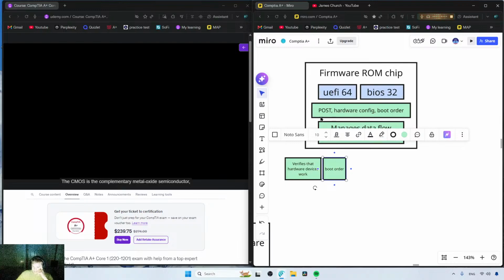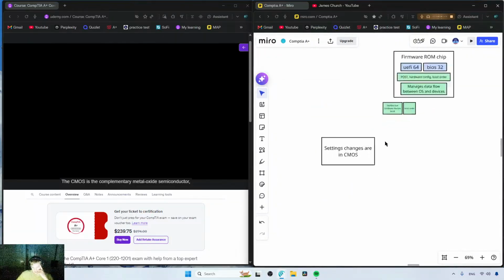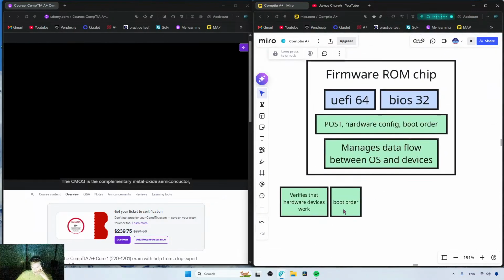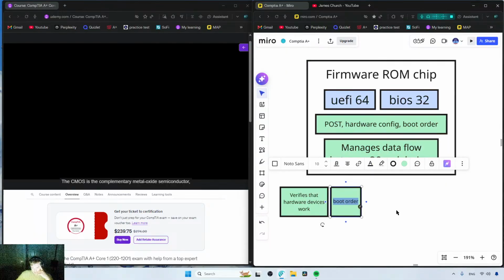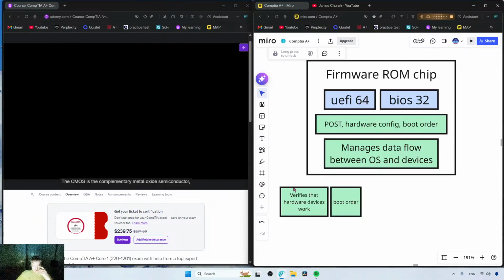So during POST, it verifies that the hardware devices work, and then it also configures those hardware devices? POST mainly tests and verifies devices. Actual configuration is done through the firmware settings menus, either before or after. Once set, POST uses those settings to verify everything is working. Okay, I don't understand. Does the hardware configuration happen like every single time the computer is turned on, or